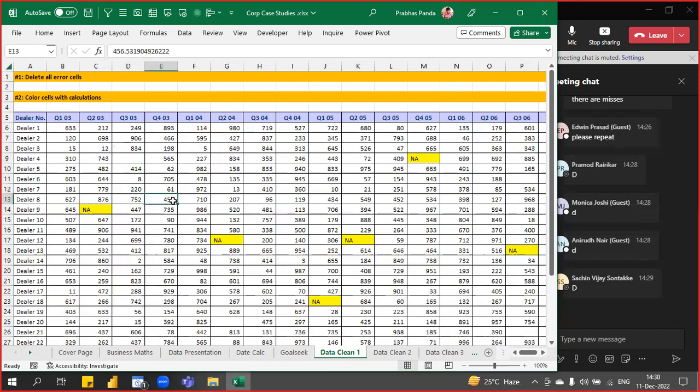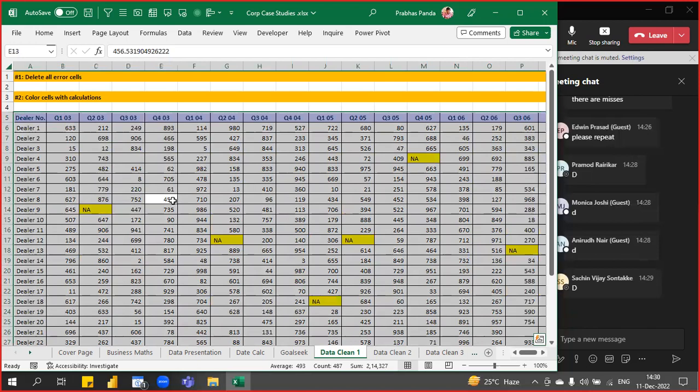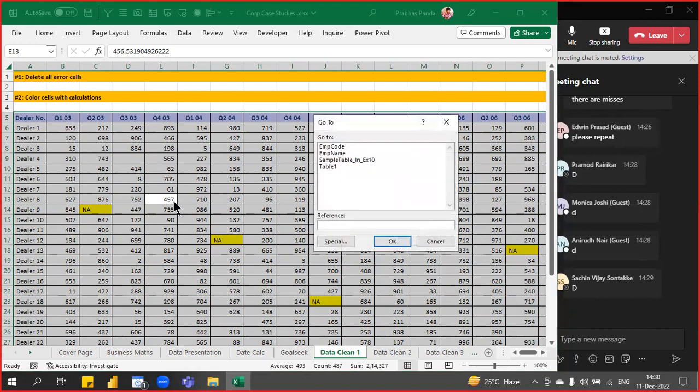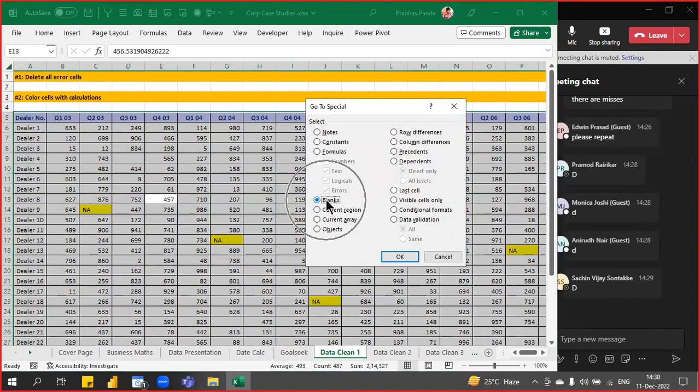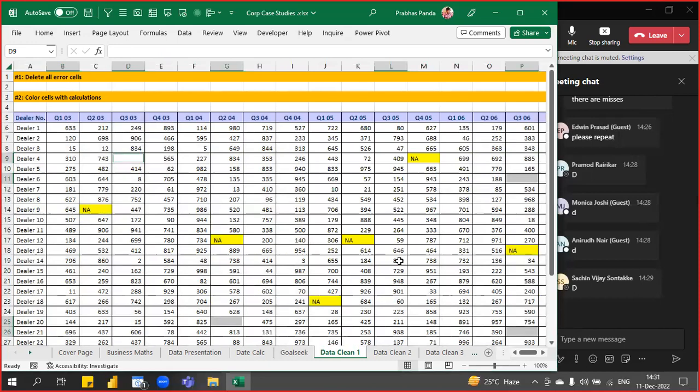Keep your cursor inside the data set, go for Control A. Then Control G. Then click Special. Then click Blanks. You can see there is an option called Blanks also available. Once you click OK, it will select only the blank cells from the entire data set. And you know what you need to do? Leave your mouse, leave your touchpad, immediately type NIL